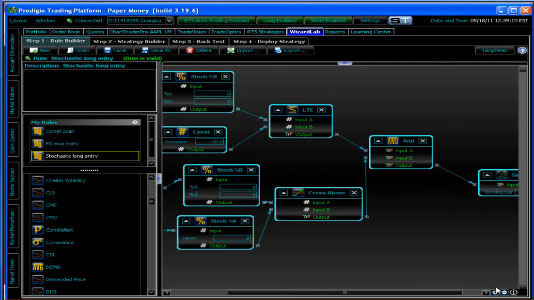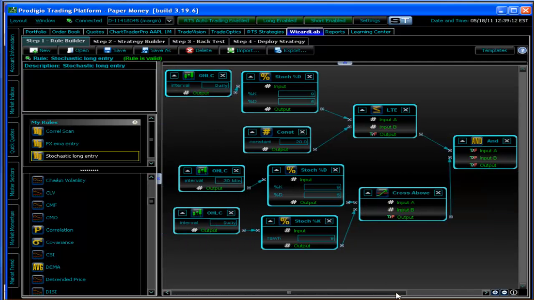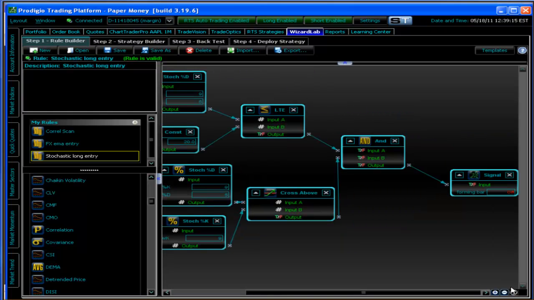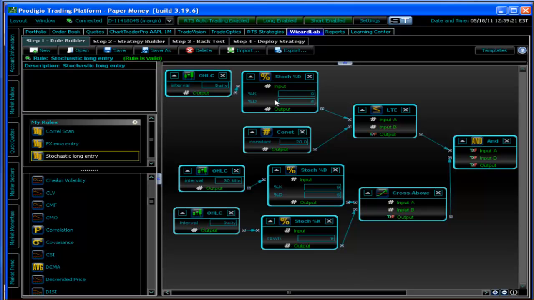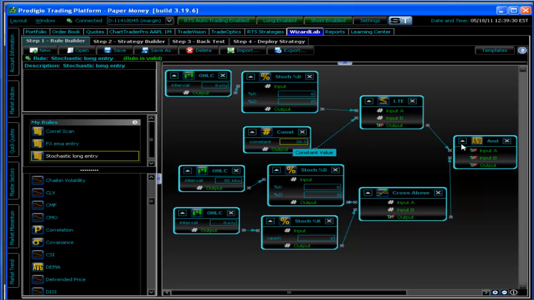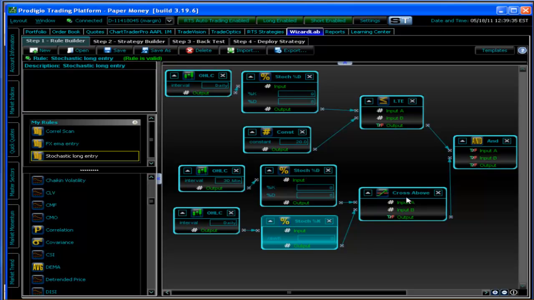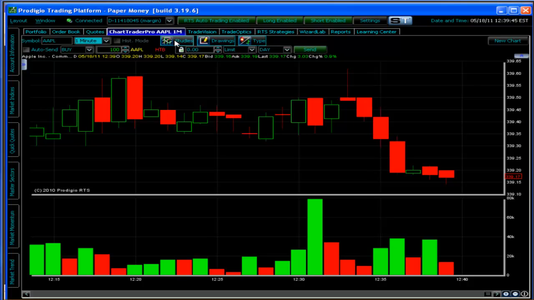Here's one that has a couple of parts in it. I can actually take this rule and dissect it into its different parts, and I'm going to do that for you today. So I start with a rule, and this has some logic. Let's look specifically. This is looking at a stochastic %D study. It's finding out when that's less than or equal to 20. And it's also using a stochastic %D with a %K, and it's looking for crosses. Wizard Lab has a cross above and cross below operator, which will fire signals when, for example, you're looking at a chart,